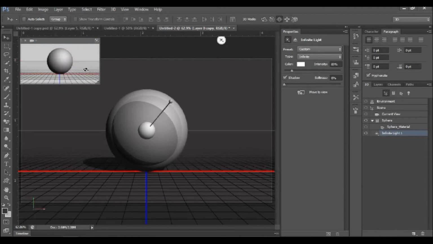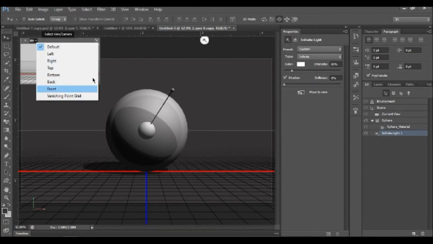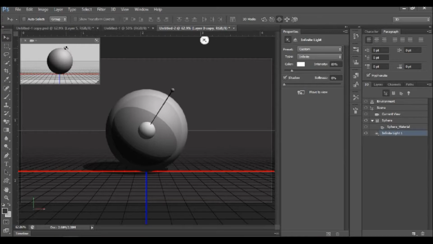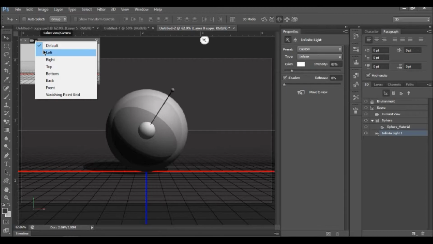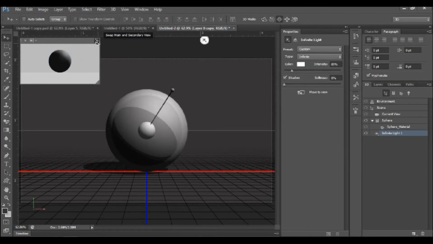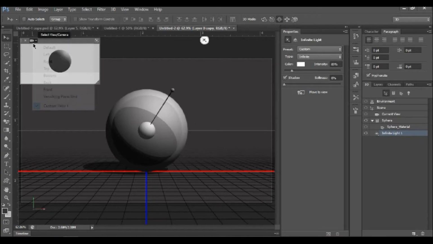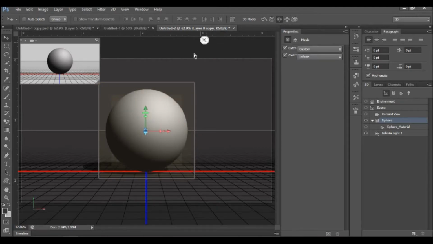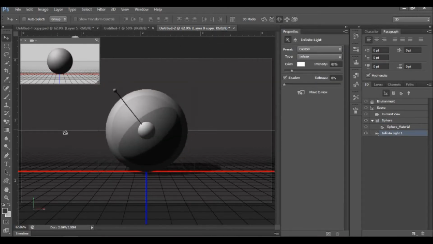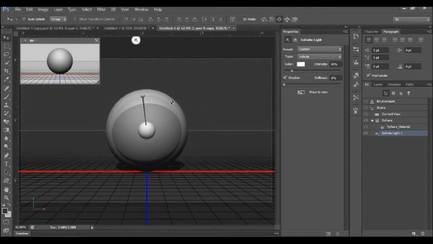For example, if you click here, you can see the top view. Now just select the default view, so it will give you the front view like this, but you can choose any other view that you want, and you can swap that view. For example, I have the left view here. Just click on this button, swap main, and here you swapped your view. So I'm going to take the default, select this and just change this right like this.